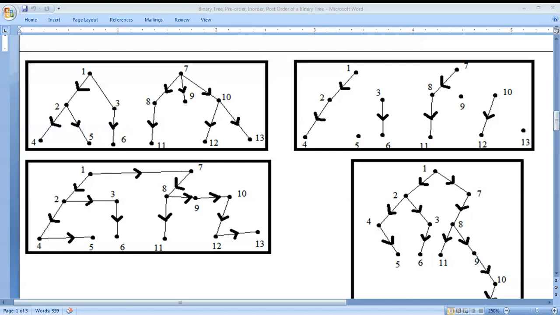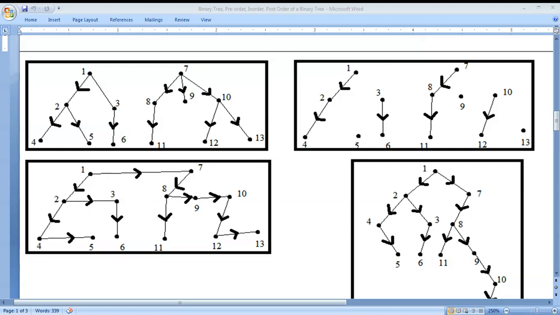From the first box to the second box, vertex 1 and vertex 7 are at level 0. For vertex 1, the right edge is 1, 3. So in the second box, 1, 3 is removed. And for vertex 7, the right edges are 7, 9 and 7, 10. They're also removed. Now move on to the next level vertices.